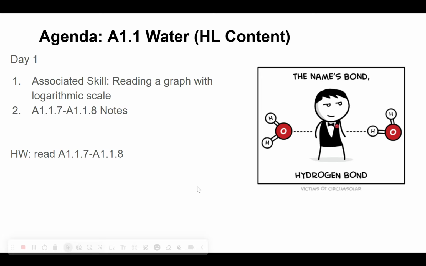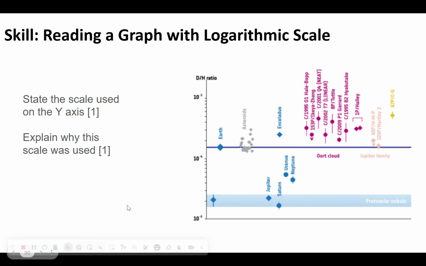All right. Our associated skill in this part of the content is reading a graph with a logarithmic scale. I think it'll become obvious why we're doing that when we look at the graph, and then we'll go over the notes. So we look at logarithmic scale graphs here because you often show